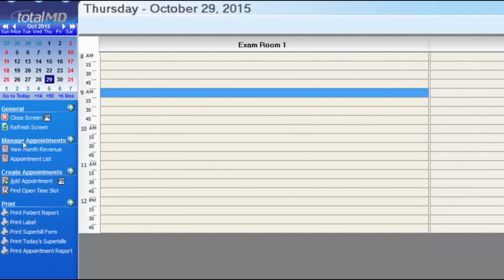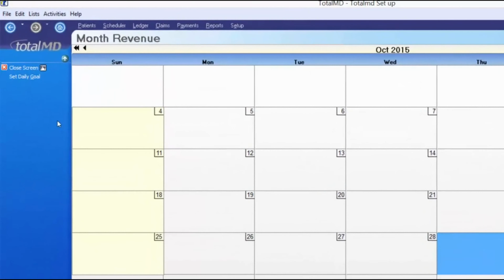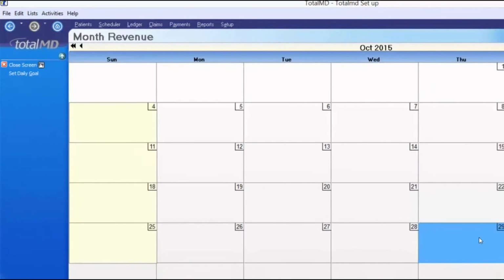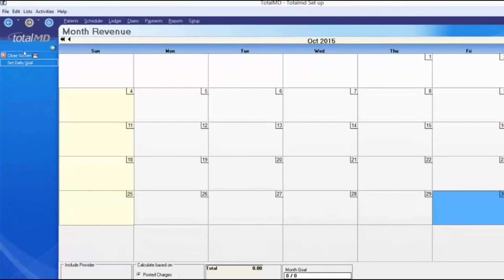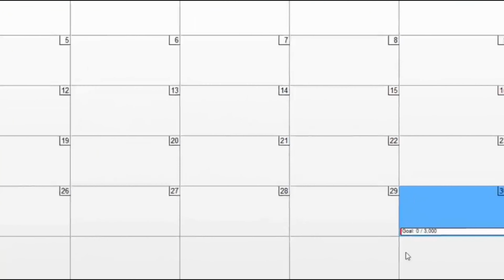Under the Manage Appointments section here in your Options menu, we have View Monthly Revenue. This screen will allow you to view your month at a glance for either posted charges or posted payments. You can also set up a daily goal, which will accumulate into a monthly goal if you would like to. To set the daily goal, I simply click on the day I want to set, click my Set Daily Goal option from the Options menu, and let's say our goal is to produce $3,000 in charges and collect $3,000 in payments. Plug those numbers in, save my changes,